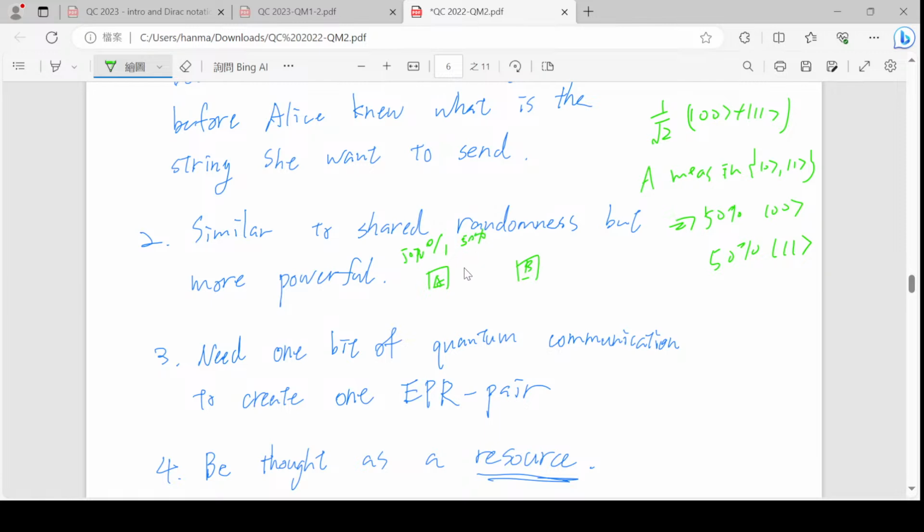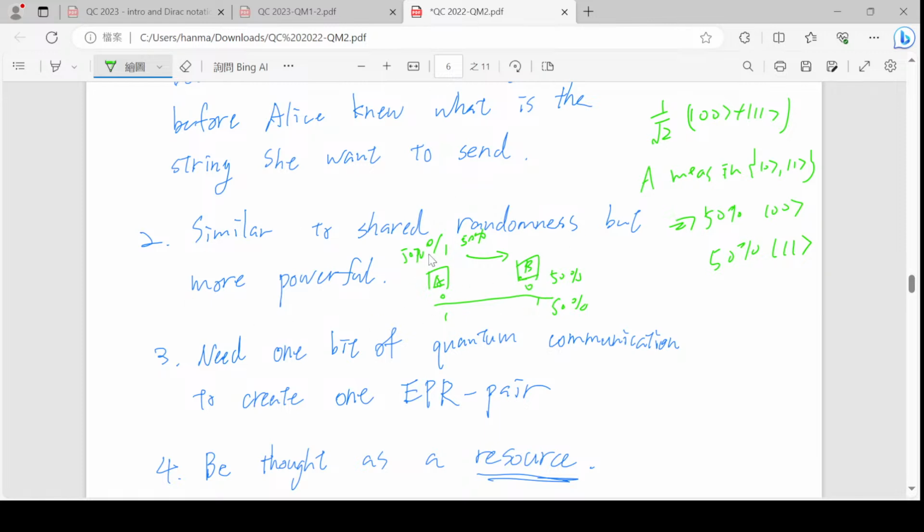And then she sends the result to Bob. So Alice and Bob now have either 0,0 or 1,1, with 50% probability each. That is shared randomness, and it's useful in some classical communication protocols. We didn't prove it here, but you can pretty easily convince yourself that even if Alice and Bob